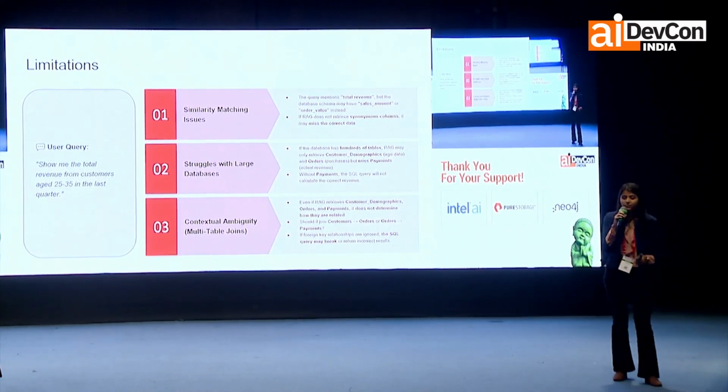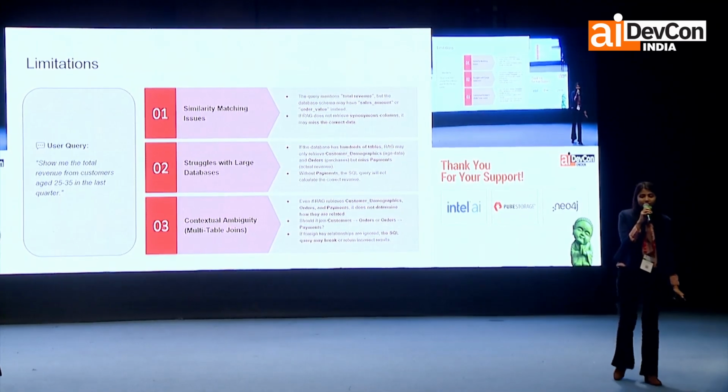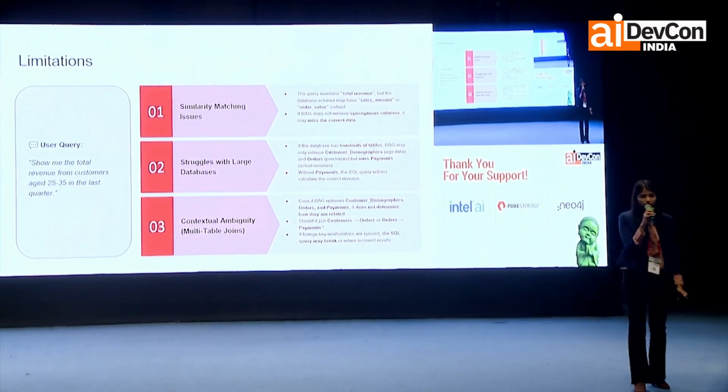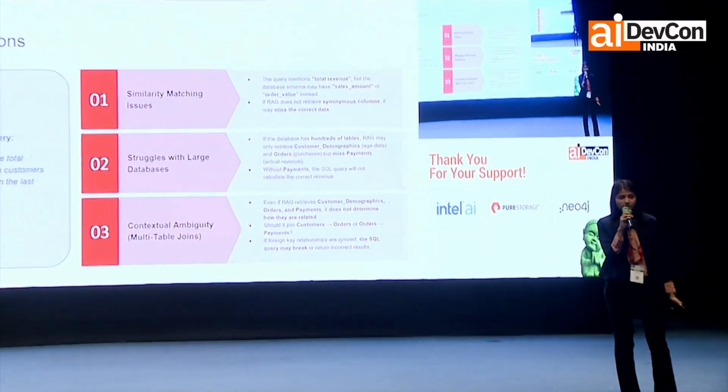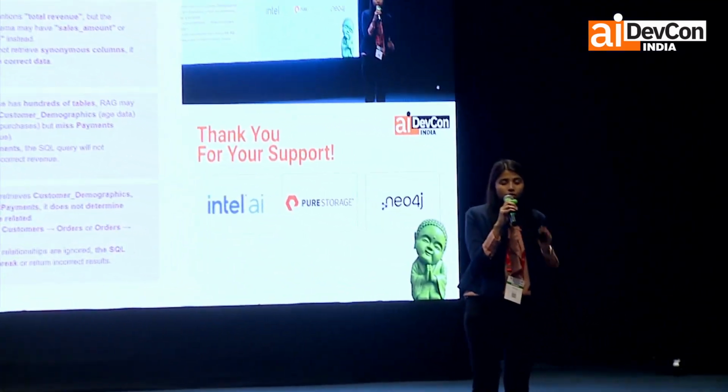At this point, we are able to understand that RAG alone may not work. RAG is a good approach to reduce the search space, but we need something more to make sure that in cases of complex queries, all the relevant tables and columns are selected. Because in a SQL query, the most important step is to select the relevant tables and columns. Everything else is rules and structure, but the most relevant thing is to select the right tables and columns. This is where we'll focus more.